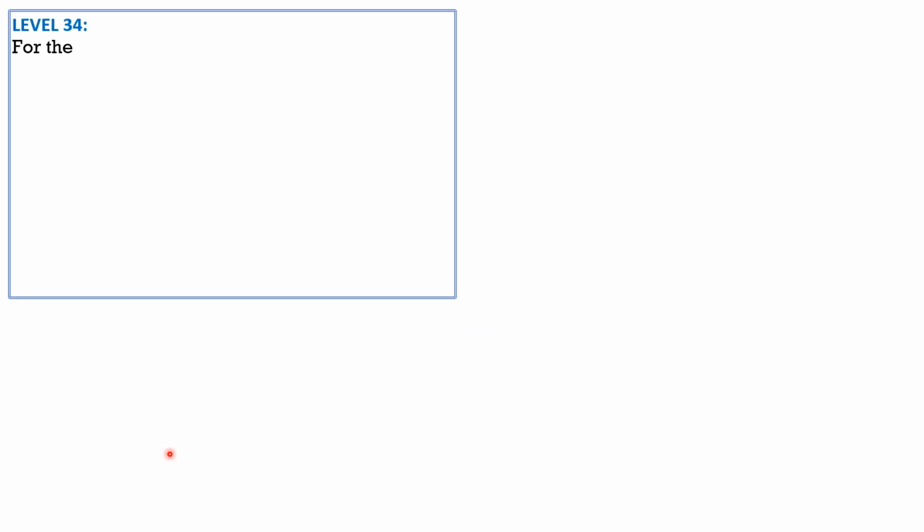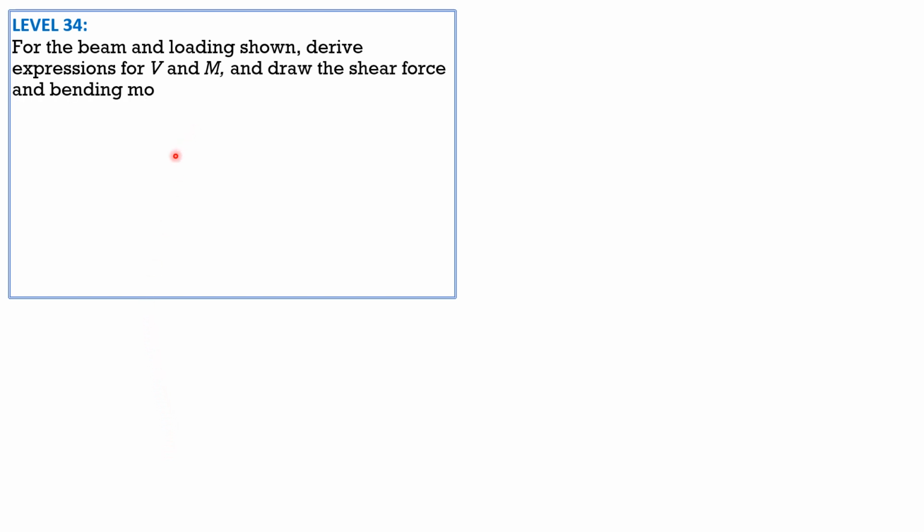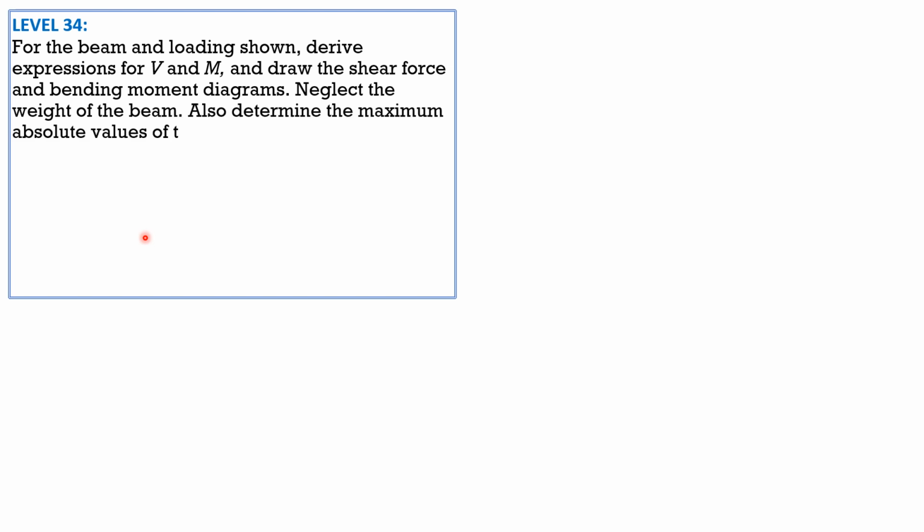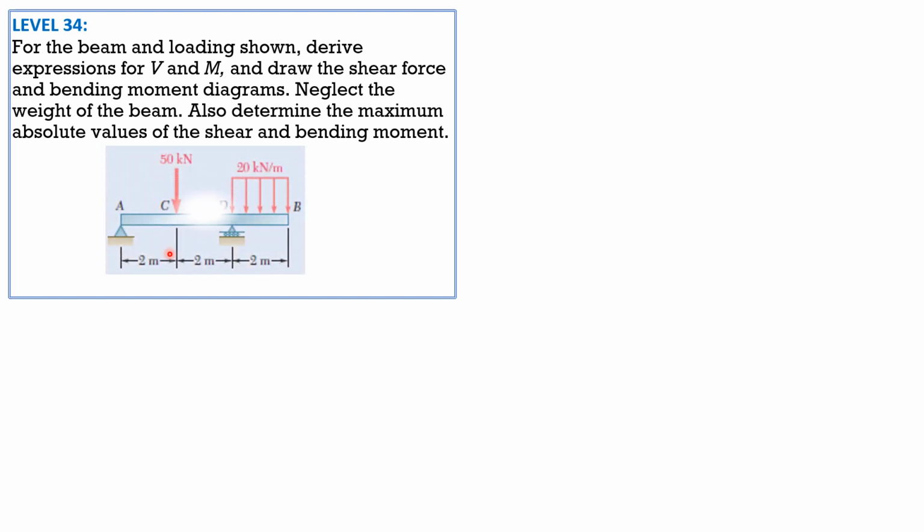So level 34, for the beam and loading shown, derive expressions for shear and moment and draw the shear force and bending moment diagrams. Neglect the weight of the beam. Also determine the maximum absolute values of the shear and bending moment. So here's the given figure. First, we have